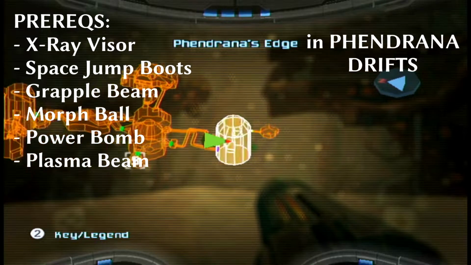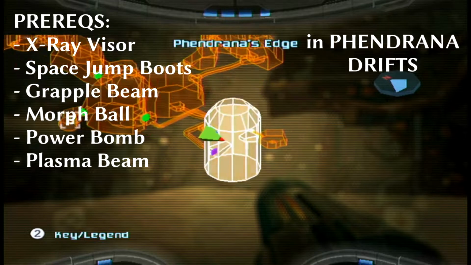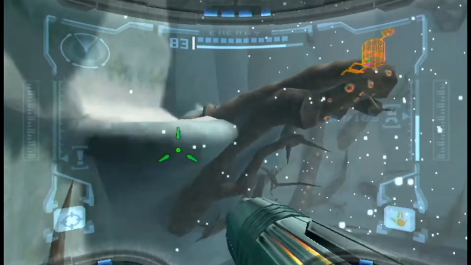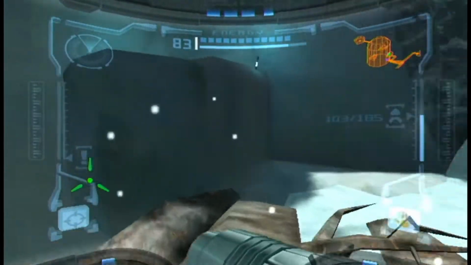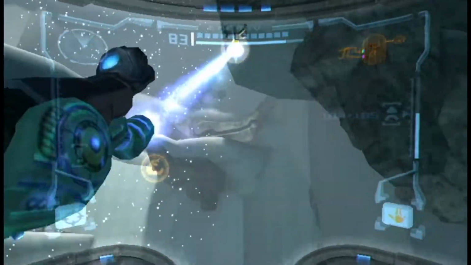Now that we're on Artifact 7, we're at the edge of Phendrana Drifts, with basically a full arsenal according to our prereqs list. Well, let's get started. First, you'll need to hop up the frozen chasm until you get to a dead end. Next, if you look around a bit, you'll see a grapple point that you're able to latch onto, which will